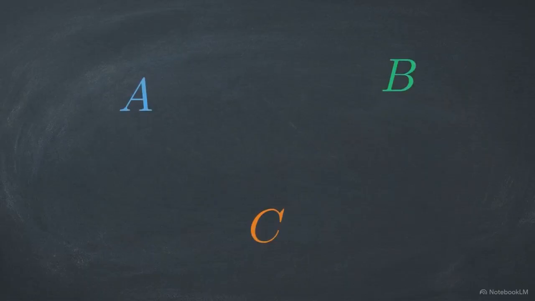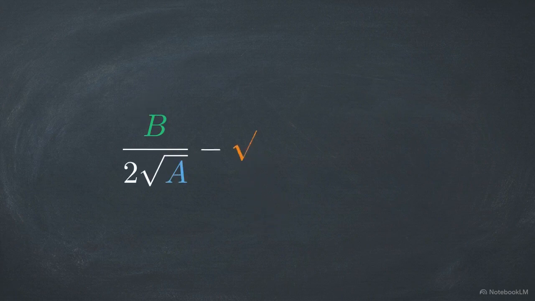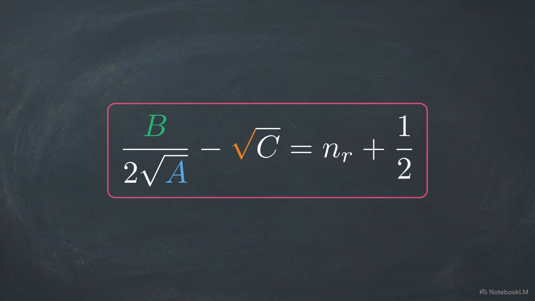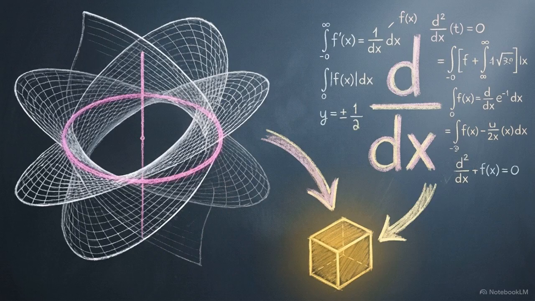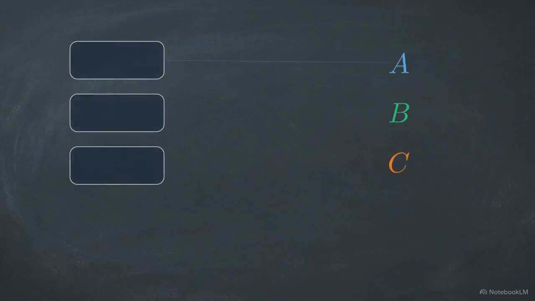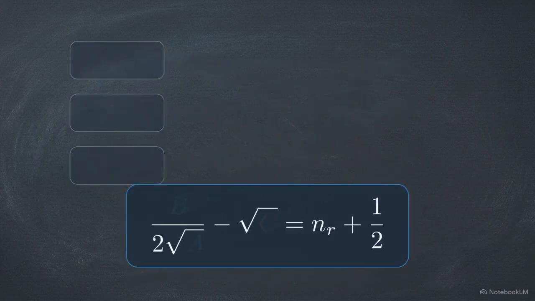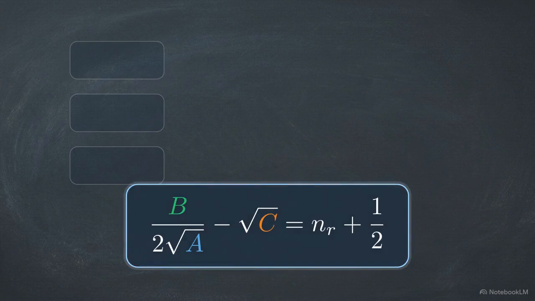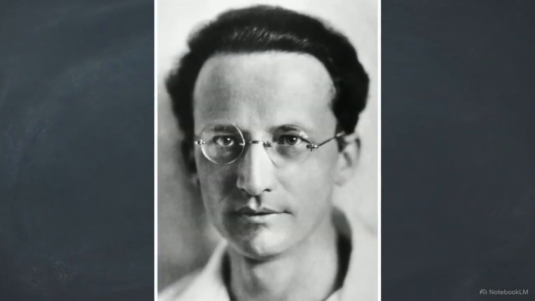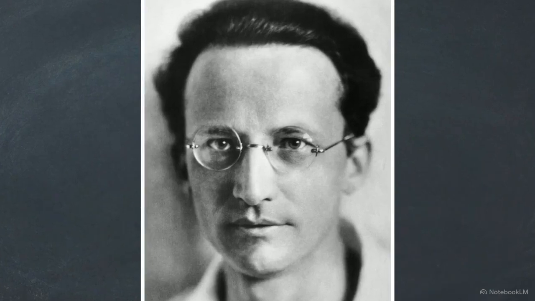The result is a simple algebraic condition, b over 2 times the square root of a minus the square root of c equals the quantum number nr plus 1/2. We can reach this same result independently through parameter differentiation, confirming the consistency of the solution. This means that any wave equation we can map to these a, b, and c parameters will result in the same analytical solution. Records show that Schrödinger actually solved a relativistic wave equation before developing the non-relativistic version we use